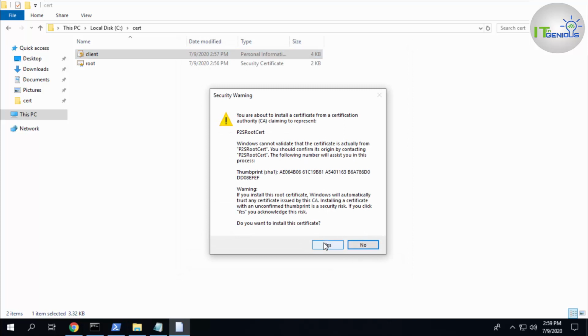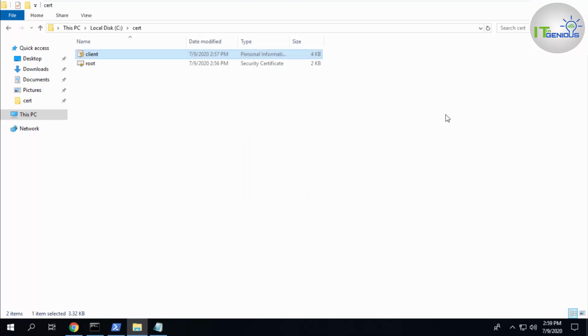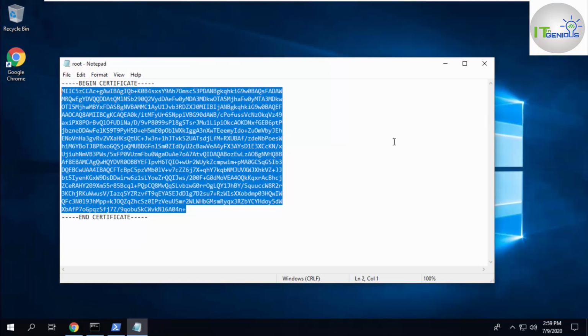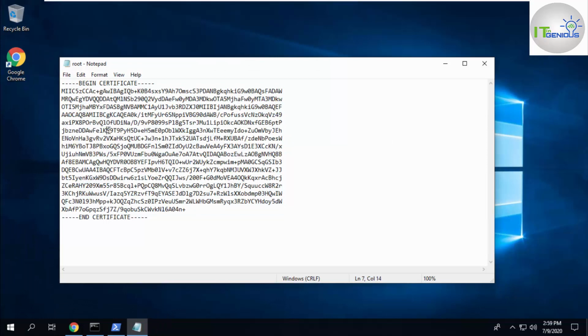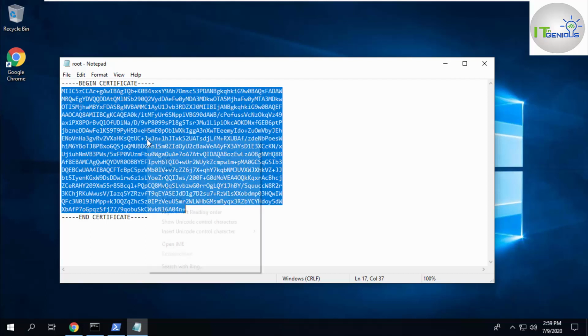So click on yes. I want to install the certificate, and this is imported, correct. So the client certificate you will install on your local system, and for the root certificate, the encrypted value which you are getting here, you need to copy this value and provide it on the Azure VPN gateway.